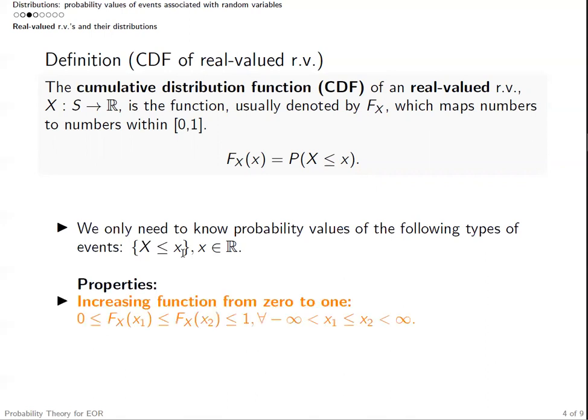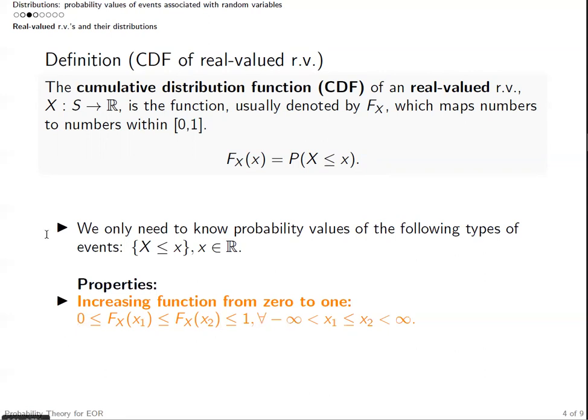Okay, the first property is it is an increasing function from 0 to 1. So it takes values from 0 to 1, which is very natural because, by this definition, we know it's equal to the probability value of some random events, and we know those values are always within 0 and 1. At the same time, it is also increasing